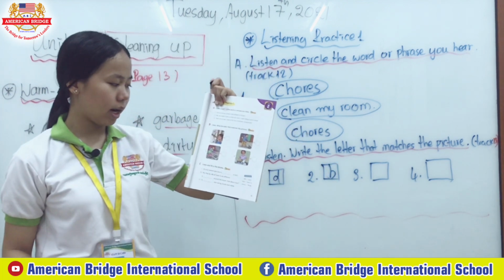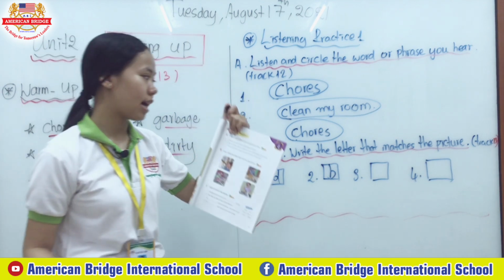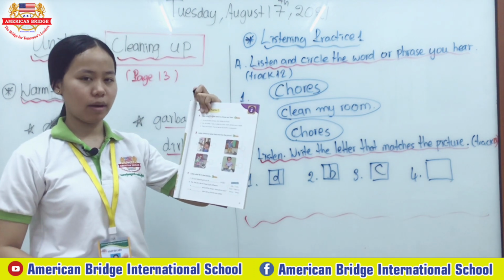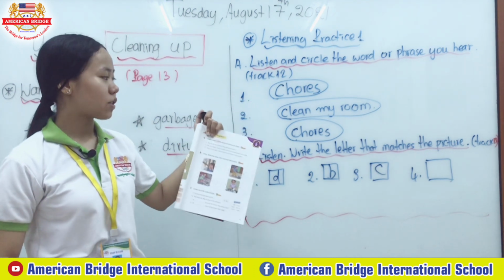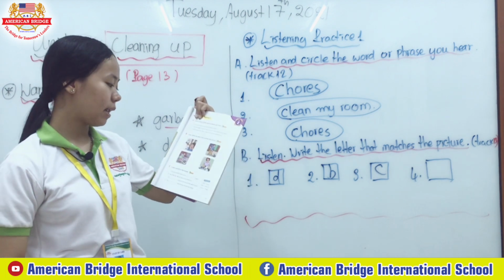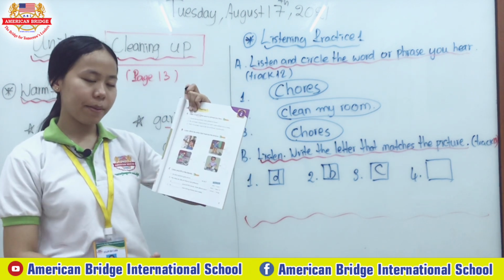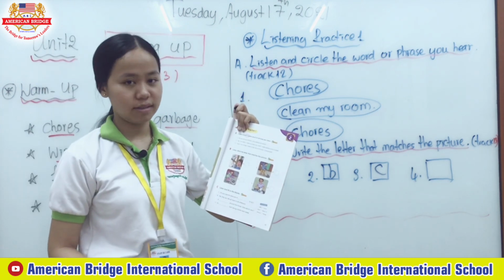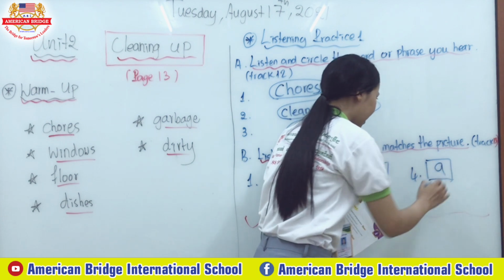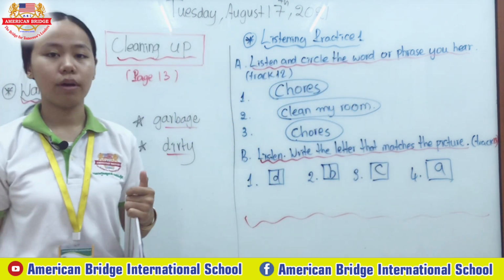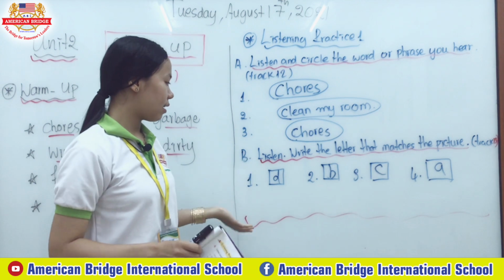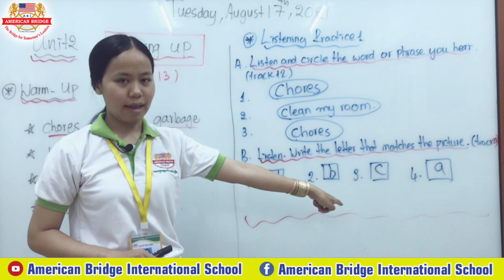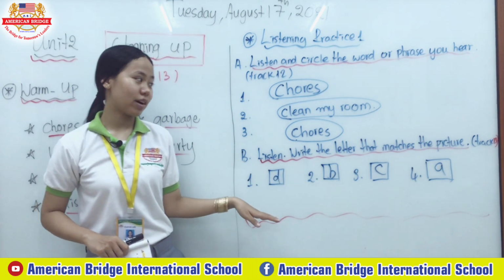How about number three, everyone? Yes, letter C. The girl has to pick up the garbage outside her school, right? So it is letter C. How about the last one? Very good. They stated my mom has to wash the dirty dishes, right? She mentioned that first. So this one is letter A. That's it everyone. Number one is D, number two is B, number three is C, and last but not least, number four is A. Teacher hopes you can get all the correct answers as well.